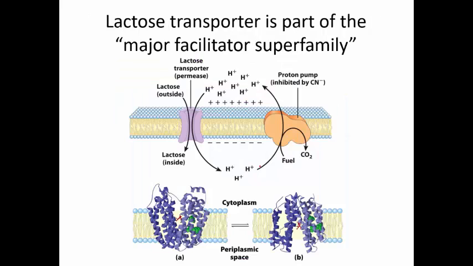So one of these is the lactose transporter. This is part of another class of transporters called the major facilitator superfamily. So again, there are others. The way this works is we're going to move lactose from the outside to the inside of a cell. And while that's happening, we're going to have co-transport, symport of a proton into the cell. That is going to be favorable, although the lactose is going to be unfavorable. And there's another proton pump that is then going to turn around and move the protons back out of the cell so it can keep going. So the protons are basically doing this. And this is what makes it